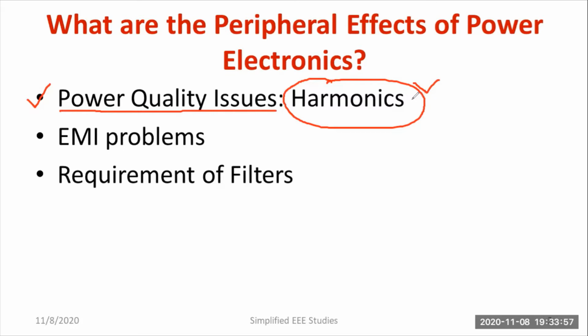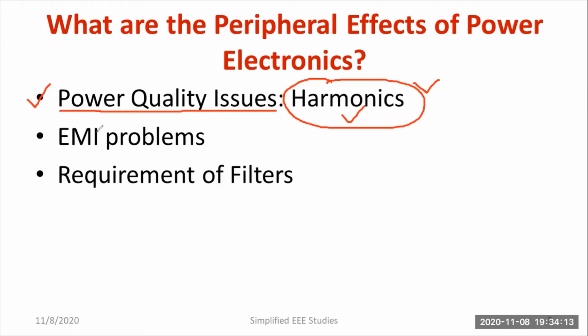If you are using power electronics, that is well and good. You can convert one level of power to a different level. You can satisfy the requirement of the load. But if you are talking about some drawbacks, the main thing is the problem of harmonics. That is one of the main things.